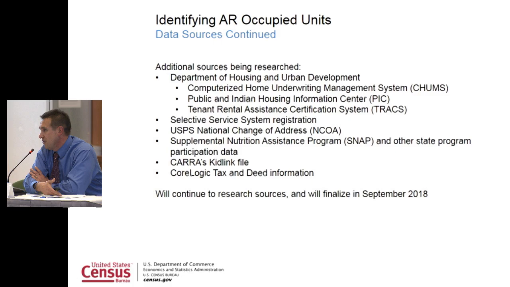We have the Social Security number, which we can encrypt and put into the PIKs for the children. But for the mothers and the fathers, we don't have their Social Security numbers, but we do have their name information. And our friends in CARA were able to take that information and we will see, can we have a file where we can link the children with the mothers or the fathers that we have on the Social Security? So that's another one which we are exploring. And we will continue to explore these through September of 2018.